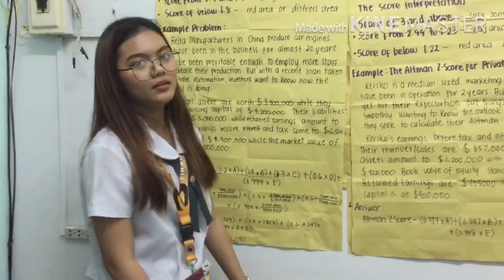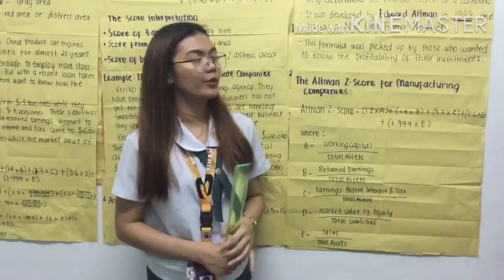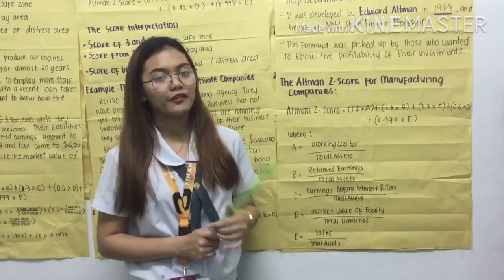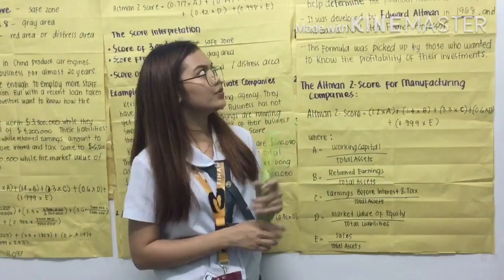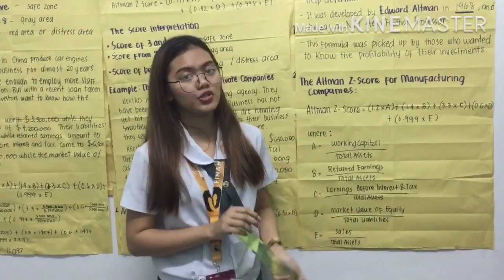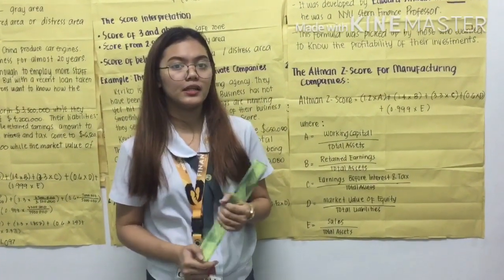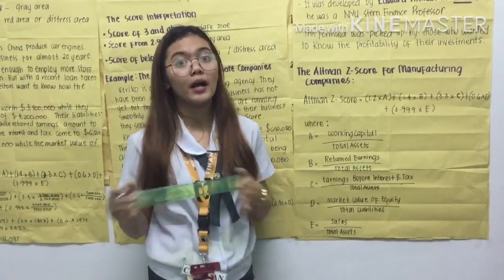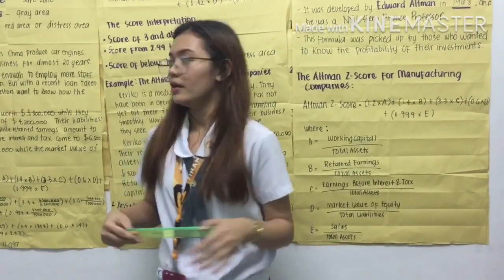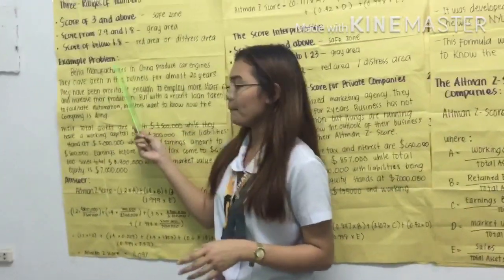So before we proceed to our example in Altman z-score for manufacturing companies, the use of Altman z-score is to predict the chances or the possibilities of a company that leads to bankruptcy. So in the example problem,